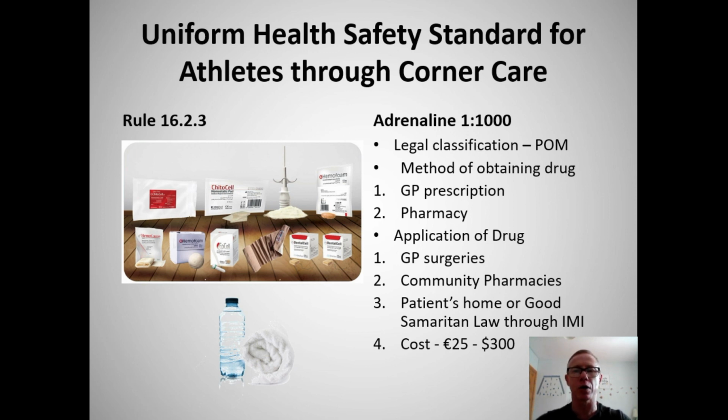Okay, now, as an ordinary Joe or Josephine, can you do it? No, you can't. There are certain circumstances in which you can. What I'm making reference to here specifically is adrenaline 1:1000 or epinephrine. So if we're creating a level playing field, we need to abide by the laws of your country, which we're governed by. And in terms of those laws, they clearly state that a bystander, Joe and Josephine Soap, ordinary Joe and Josephine, cannot